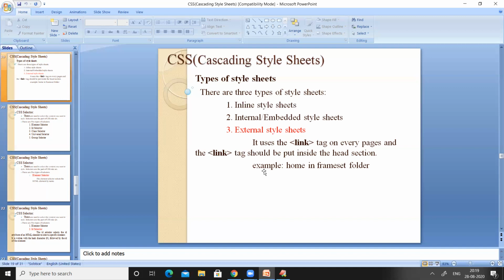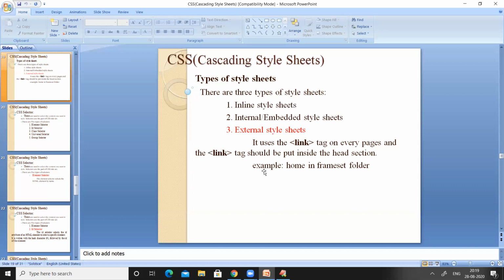We are all familiar with how to insert images into HTML documents. In order to insert images into an HTML document, we use the img tag. That img tag contains an attribute called href. For that href, we provide the complete path of the image we want on our web page.